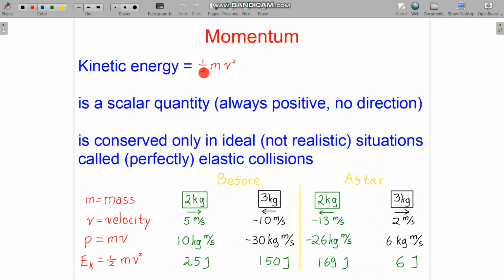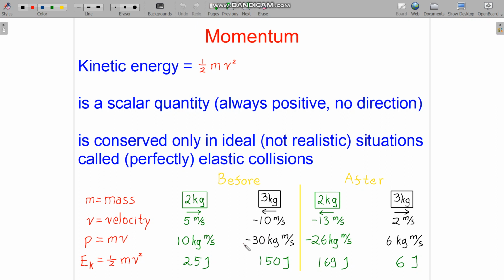Kinetic energy is 1/2 mv squared. It is a scalar quantity. It's always positive with no direction, and is conserved only in ideal situations called perfectly elastic collisions. So for example, here we have the masses 2 kg and 3 kg. Before the collision, the 2 kg is going to the right, the 3 kg to the left, 5 and 10 meters per second. The momentum is therefore 2 times 5, 10 to the right, 3 times 10, 30 to the left,